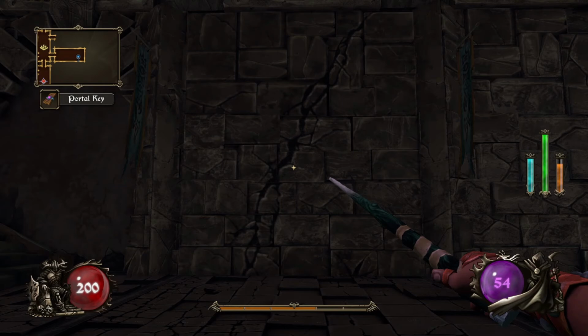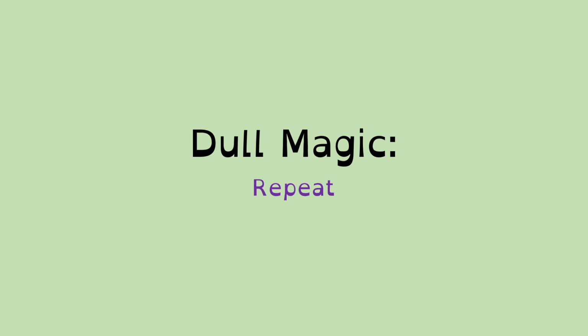Explosion spell equals, cracked wall equals use the explosion spell here. And this is very much definitely a single problem with a single straightforward one-to-one relationship of a solution. And then you repeat this several times. And this sort of thing is used in games quite a lot, and it can be used reasonably well, but it isn't really stretching the imagination of what you could do with magic.